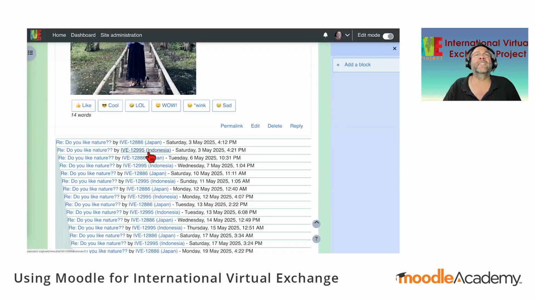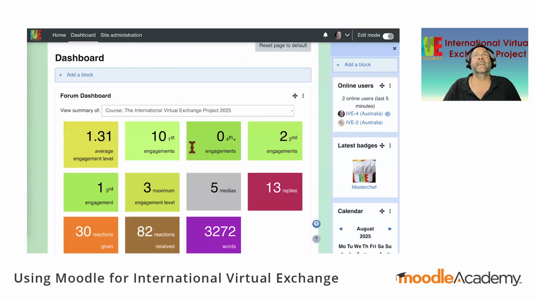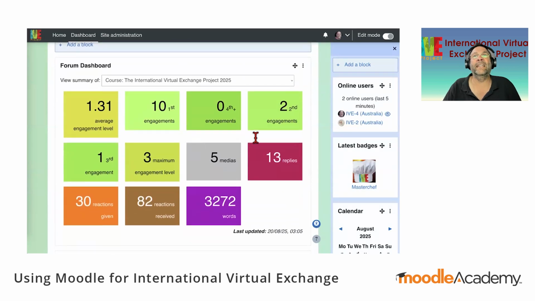And then because they've replied here, this is a level 2 engagement. So they have a level 1 and a level 2 engagement here. If they are on the dashboard, they would see 1 first engagement and 1 second engagement. The Japanese student, if they just replied, would see 1 first engagement.